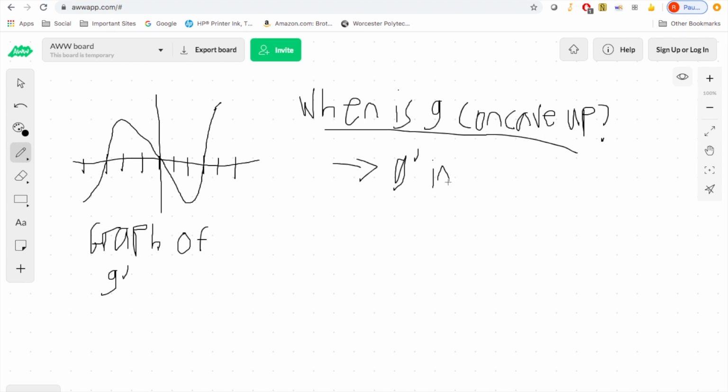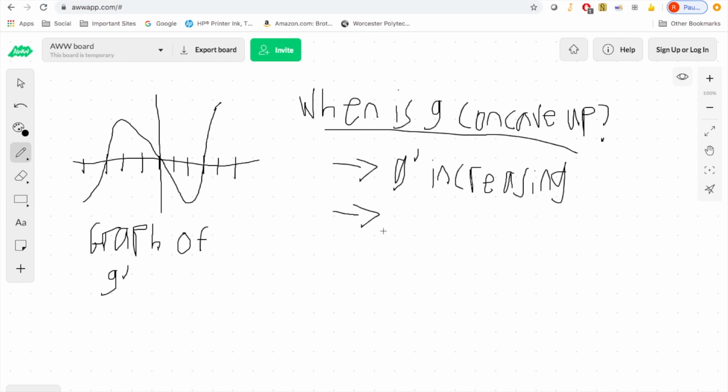When the graph of the first derivative is increasing, the graph of the original function is concave up on those same intervals. So obviously, G prime would have to be increasing on the intervals where G is concave up. And the other thing, and you can sort of already tell based off of our previous video about increasing and decreasing,